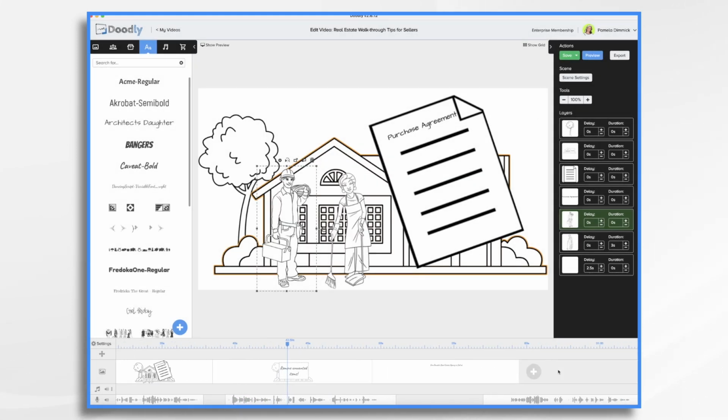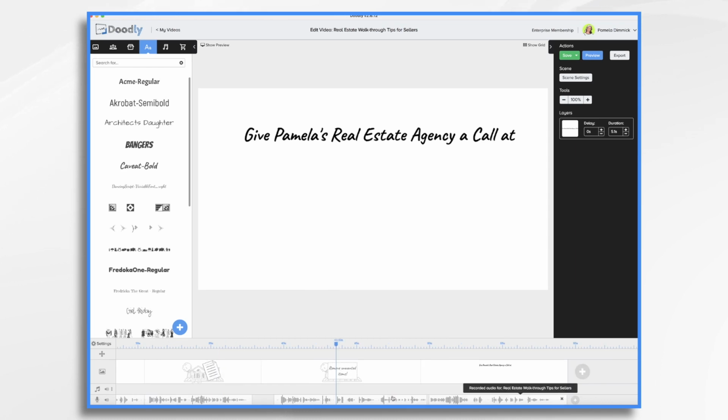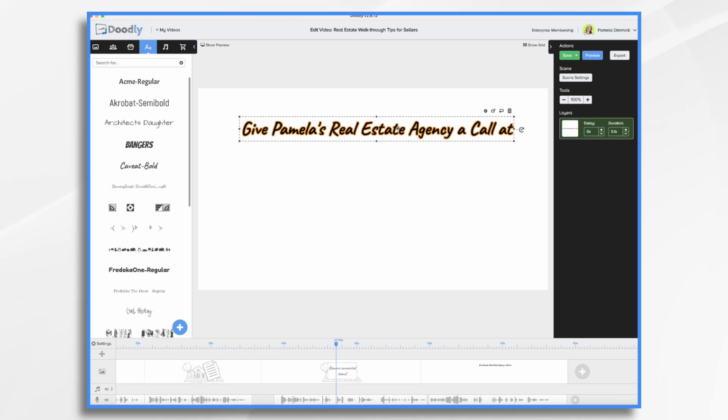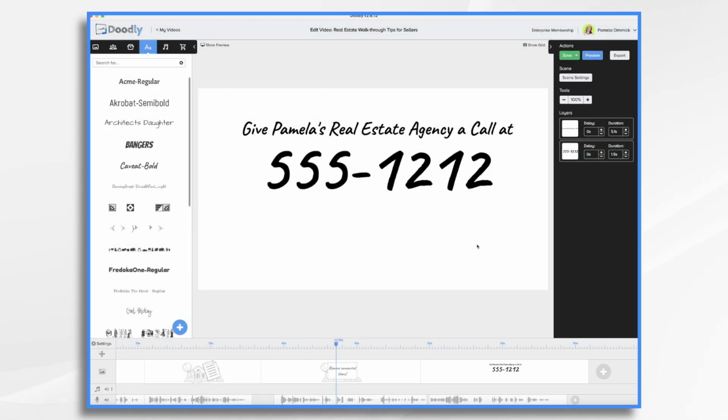Now let's go to our last scene here, and that's our call to action scene. So this we'll want to just tighten up a bit, and then likewise this can be tightened, and then we just bring it in. So I had started this, and now let's go ahead and put our phone number in here. Okay, so I've got my large phone number and my call to action, and maybe we want a logo, and